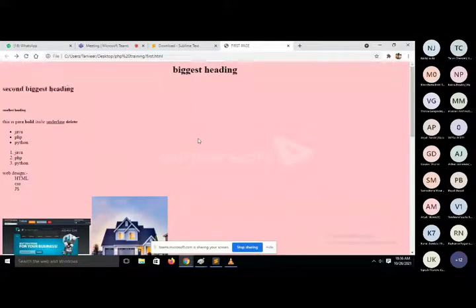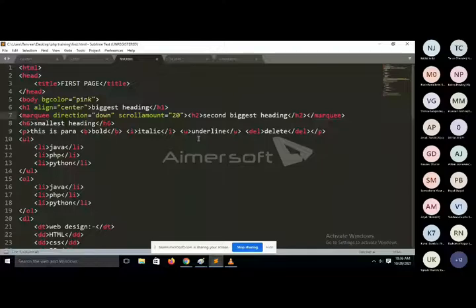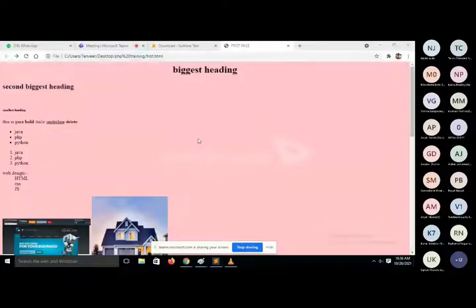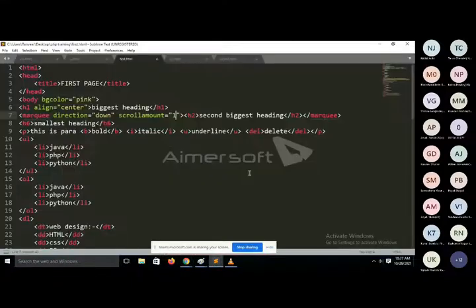And when you pass 1, then its speed is very slow. So we will use two properties under the marquee tag. First one is direction and second one is scrollamount. See, if you have any doubt in these two properties, then ask me.